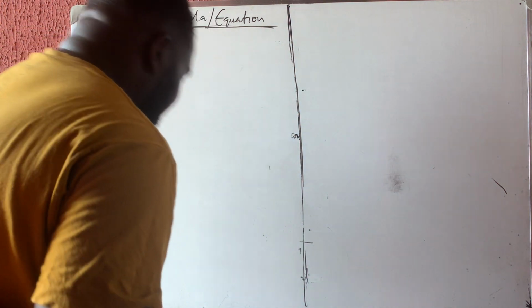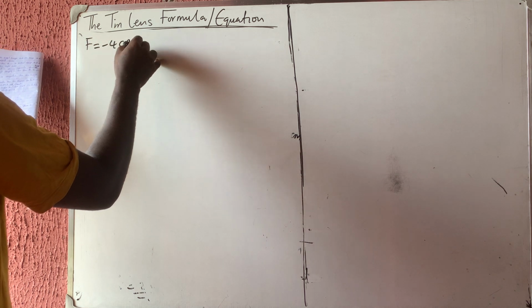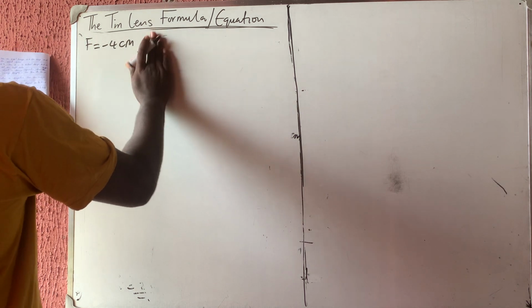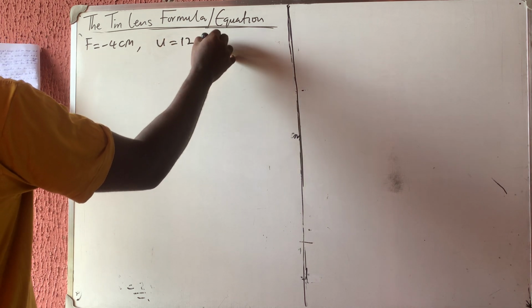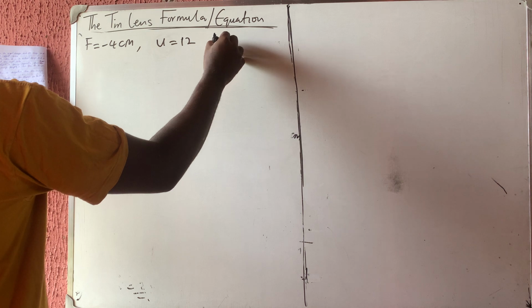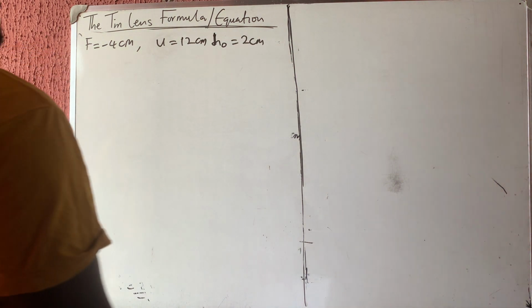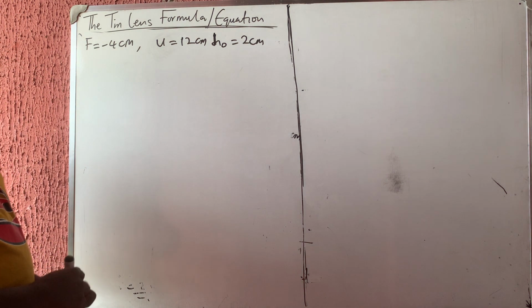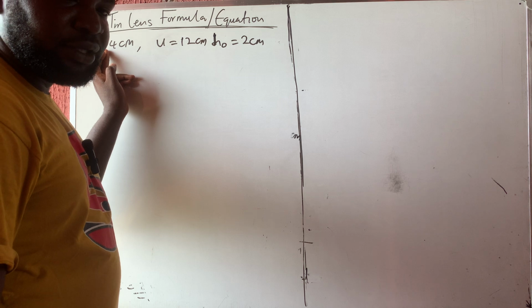They gave us that our F is equal to minus 4 cm, and our D of O, which is our U, they gave us that our U is 12, and our H of O, the height of the object, is the same 2 cm. Okay, so let us now answer this. Now the first thing you should note, since our F is negative, what does it mean? It means,